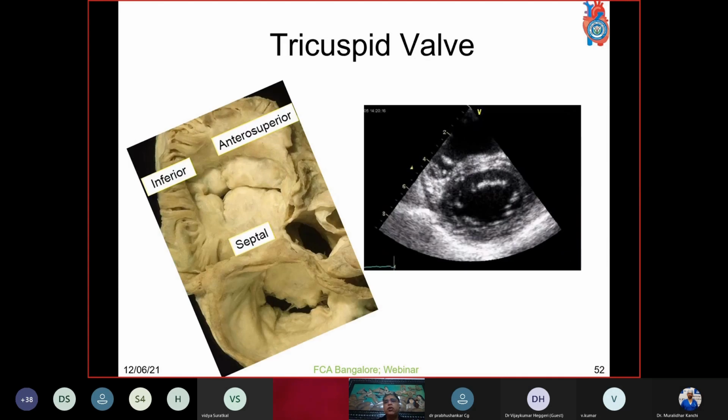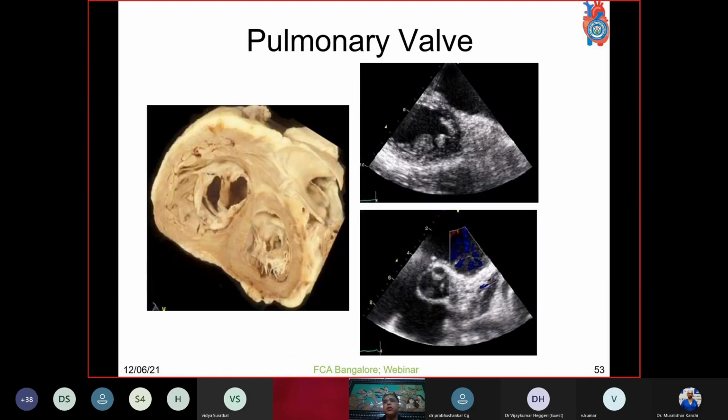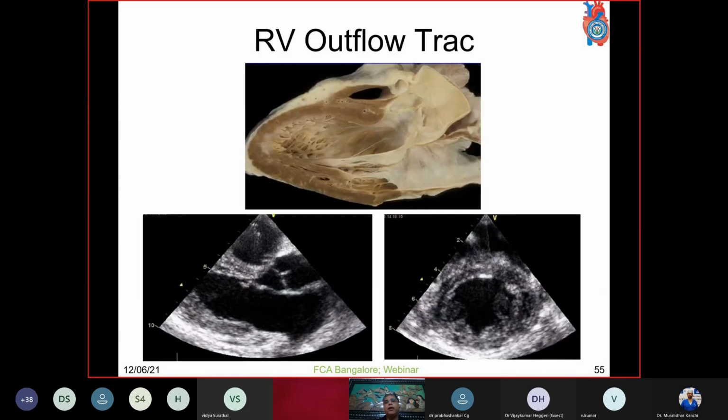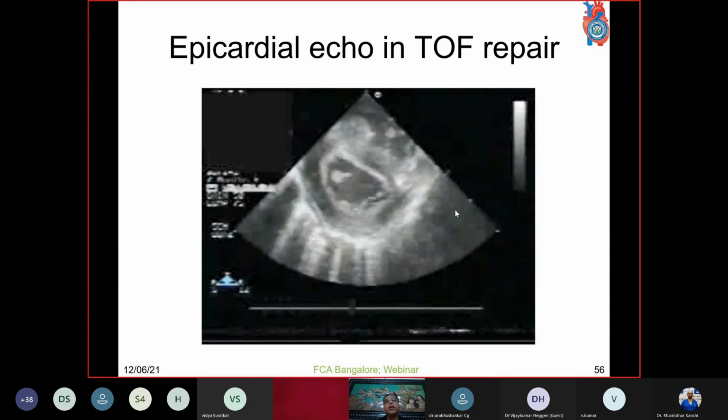Similarly, the tricuspid wall is easy to see in the short axis as well. We saw it previously in the long axis, and in the short axis also we can see the pulmonary wall in a long axis as the RVOT outflow tract view. The left atrium can be visualized many times. It is required to see the left atrium, the appendage, the thrombus in that RVOT view we just saw.